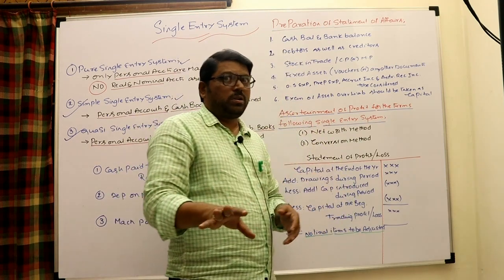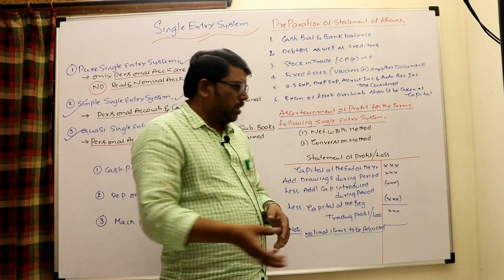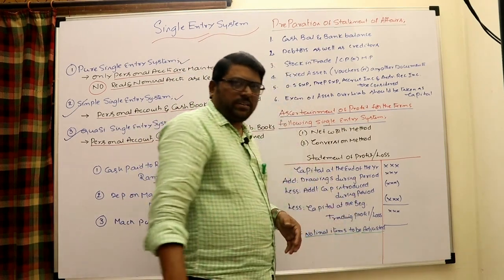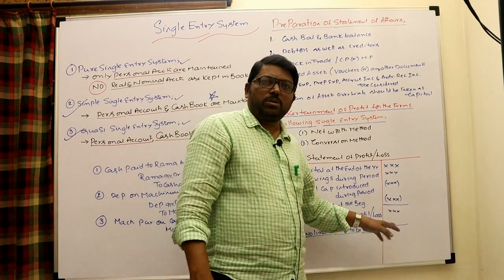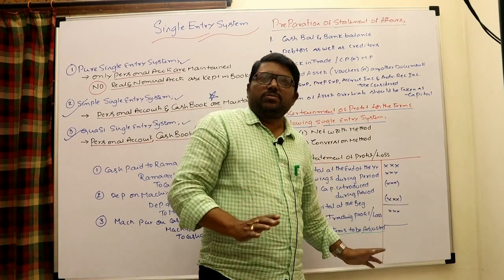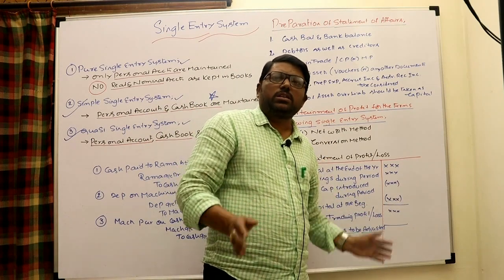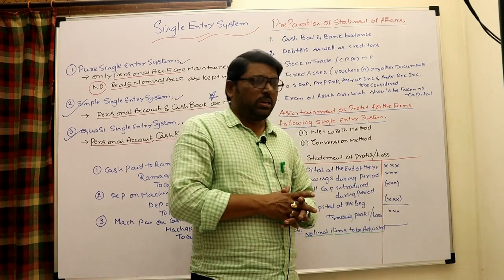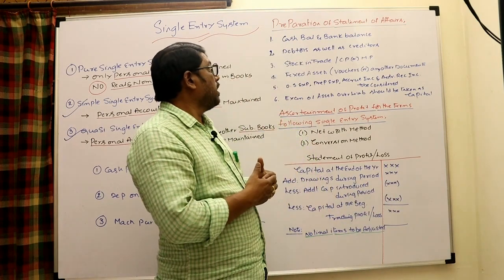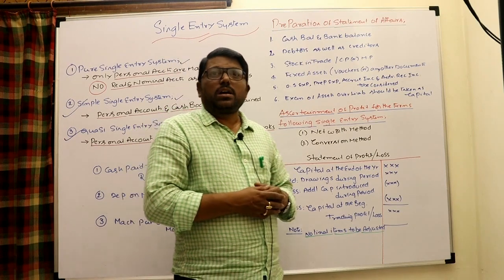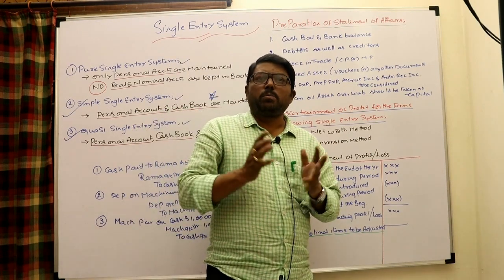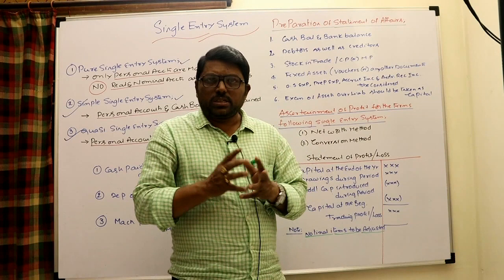Those items reduce profit, and they may also increase the profit. Those items are to be adjusted separately, because profit can be known only by trading. If any such notional items are there, they should be adjusted. In this way, we can handle this. So there are some important and notable points to discuss.